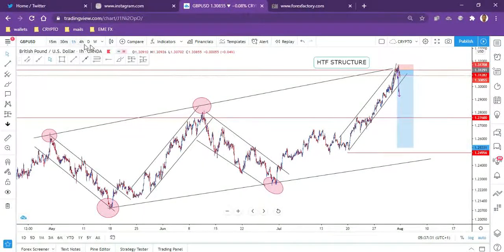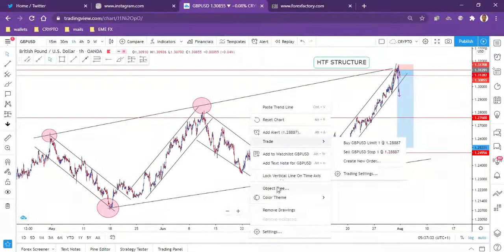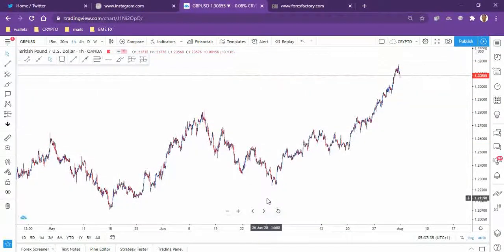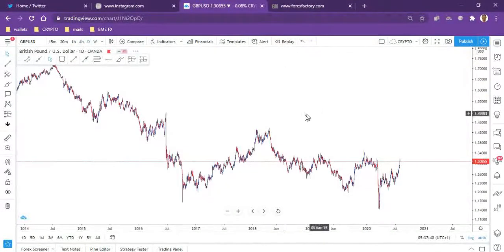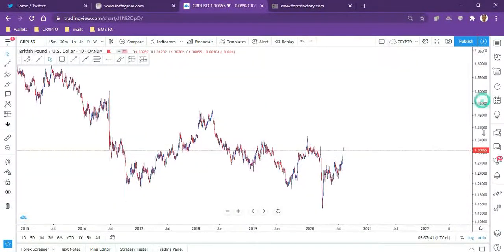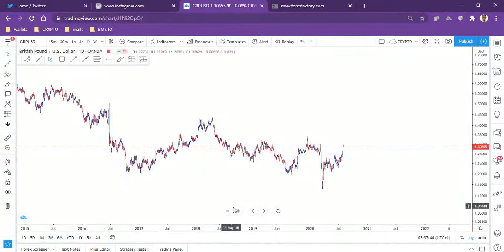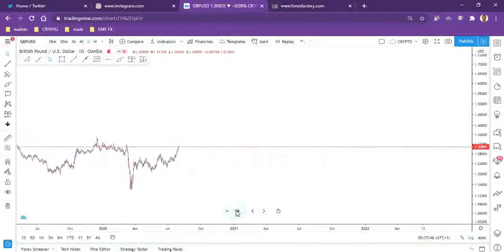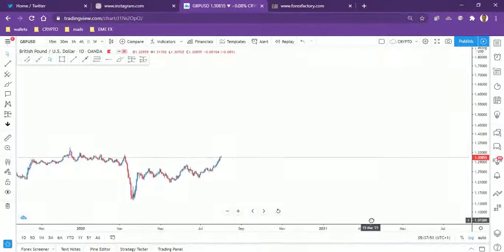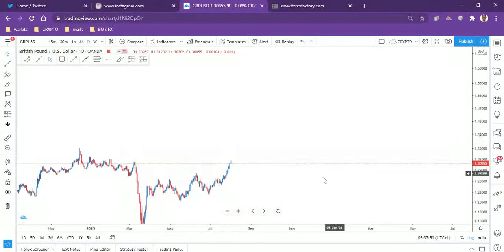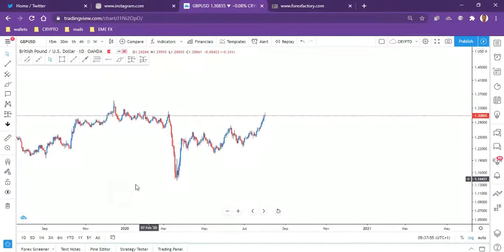So let's start off from the daily time frame. We take off these drawings and start from the beginning. GBP USD, see what do we have here. So we're starting by identifying market structure. As always, market structure. So now looking to the left,